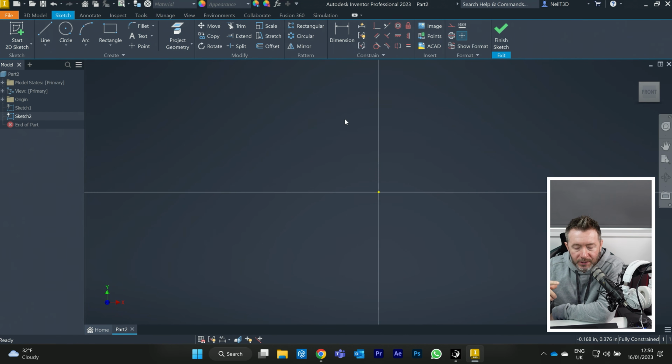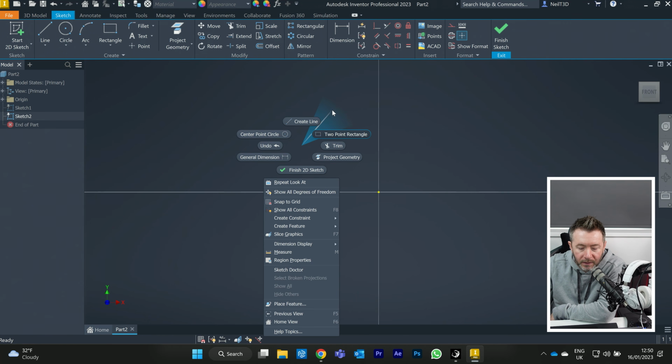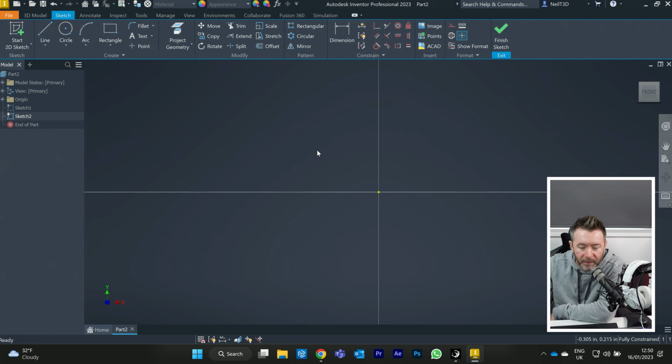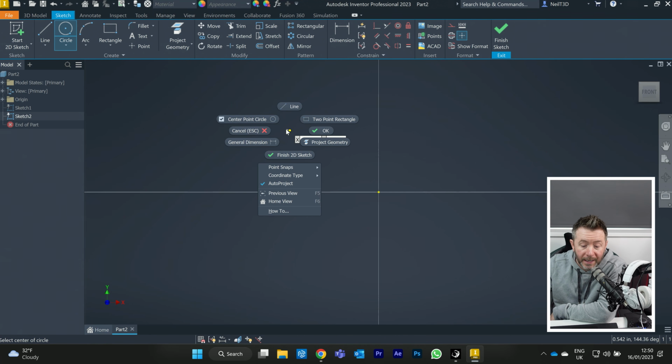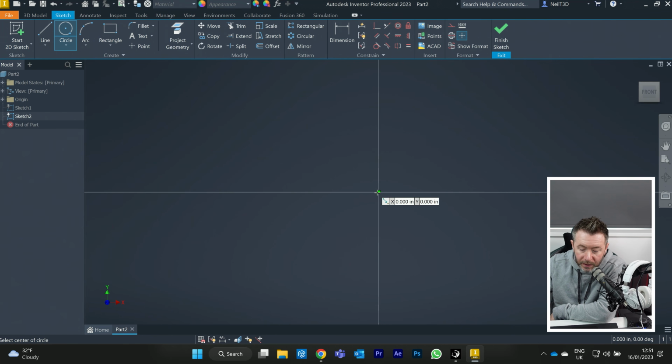So if you remembered that circle was top right, I think it was, you can right click, drag. Oh no, that's rectangle, isn't it? Oh, circle's top left. Right click, drag, top left. You get your circle. Even inside the command, you'll get a different context of menus. You've now got OK, cancel, finish sketch. So if you go, right, I'm going to draw a circle, I'm going to draw it here, and then